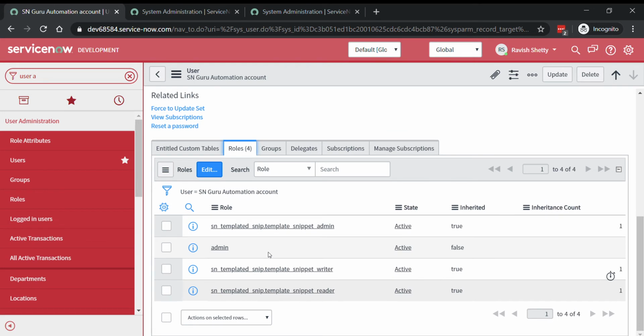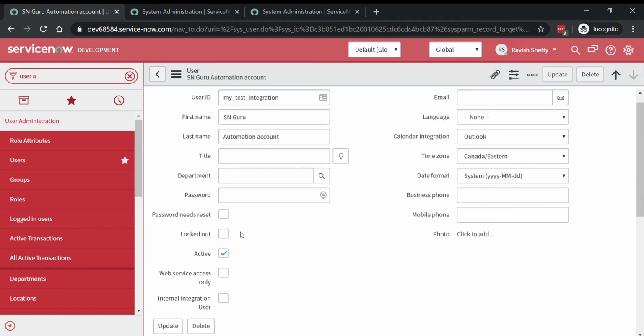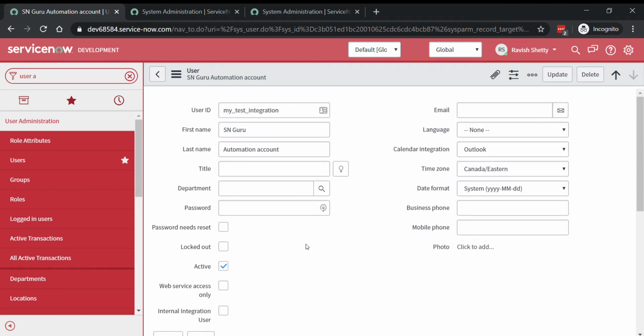If the admin role does not work for you, you can grant a lower role and see if the integration works or not. But before doing that, I would recommend that you check if the tool works with the admin role and then play around with some lower roles. This account will be used to retrieve the update sets through the update sources, and it will also be used to commit scripts and update sets in this environment. So it needs the basic roles to